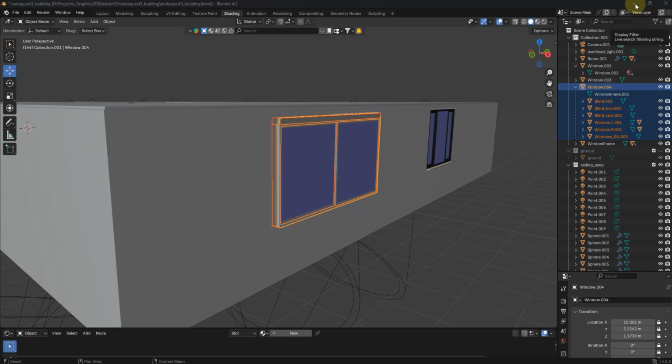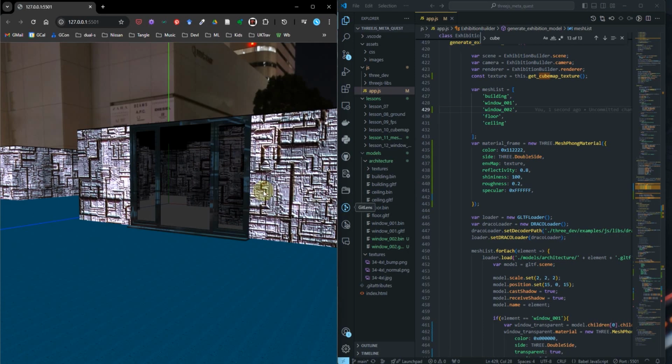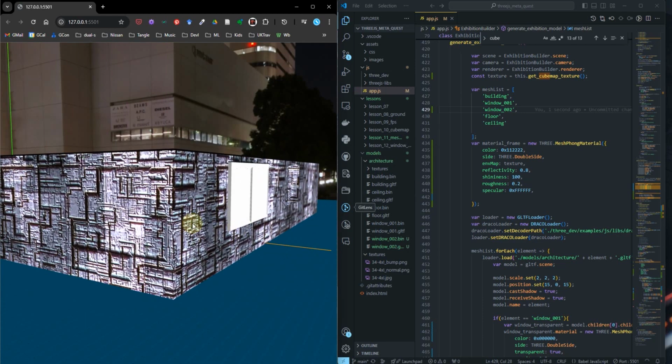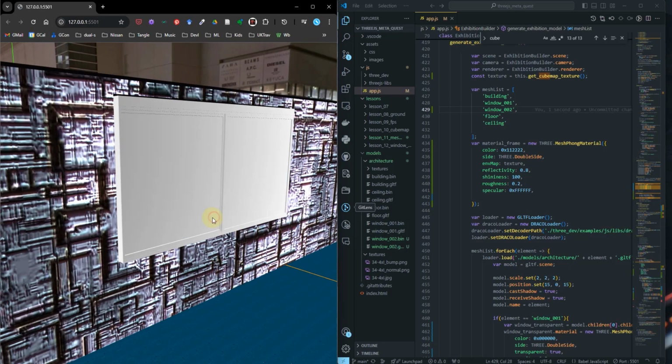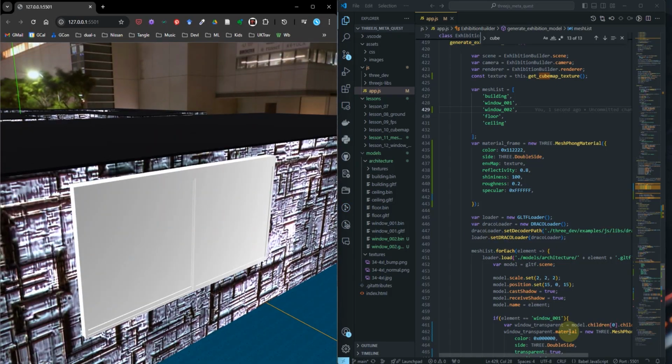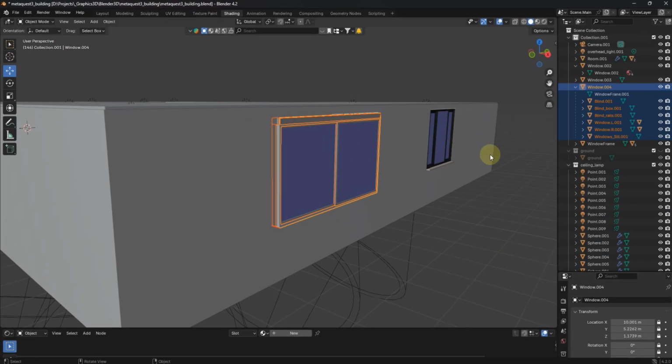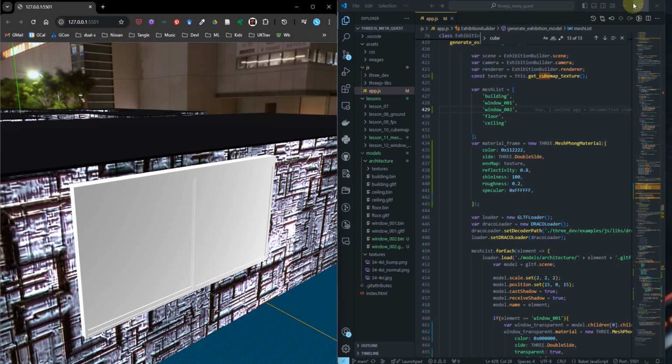And let's go back to three.js. See if it's exported. So now we have everything exported here. So all we had to do was actually go into Blender. At times the mesh could have been split into bits and pieces, but if you export them as a single object, three.js treats it as a single object, but then you have to go through the hierarchy, identify the frame. So what I'll do here is